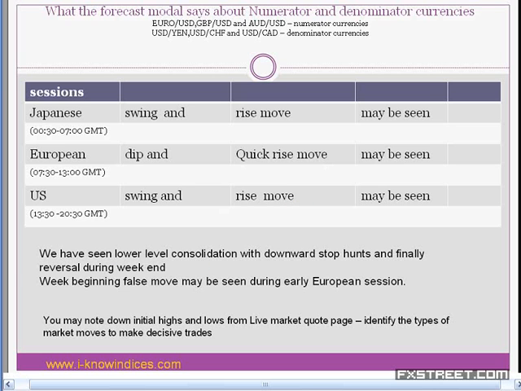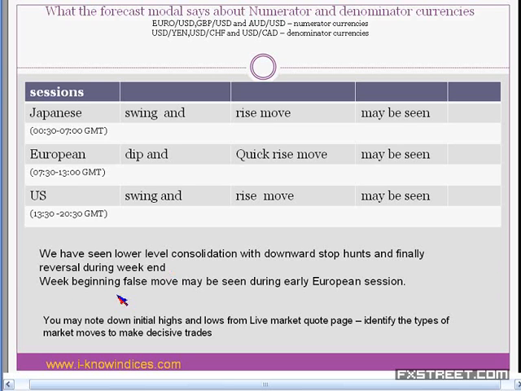So they have done for 2 weeks nearly a lower level consolidation with a downward stop, and finally they initiated the reversal. Thursday they made the whipsaw moves, as I explained, the extended moves that could lead to that of the trending move the subsequent days. So on Friday they just quickly made the gain, and now they are holding the gains